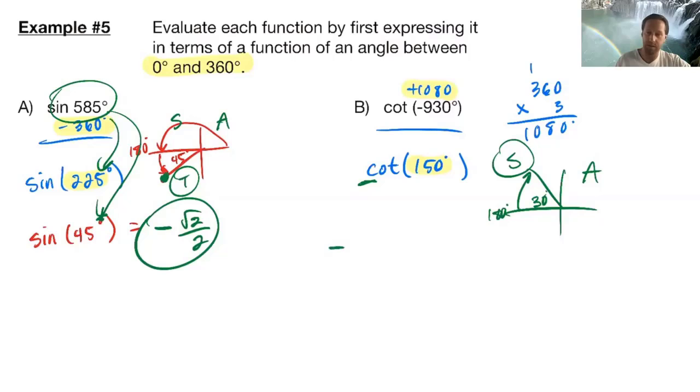And instead of finding 30 degrees and using tangent and then having to flip it, which we could do, remember we said we could also find the reciprocal function of tangent, which is cotangent, but we could also use cotangent as its cofunction. So since this is actually equivalent to the cotangent of 30 degrees, but negative,